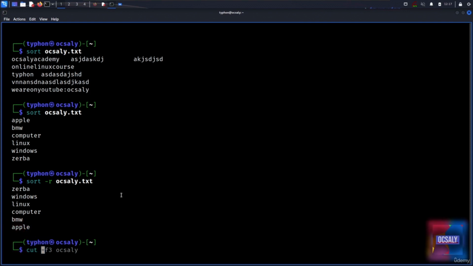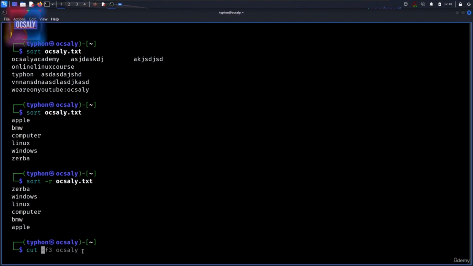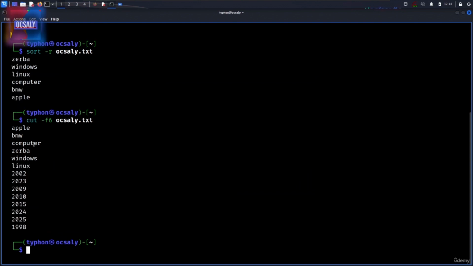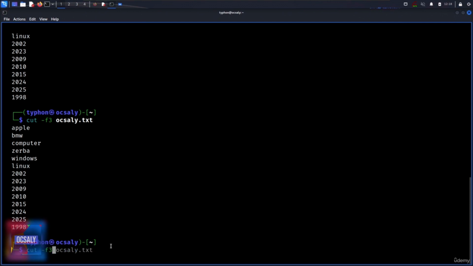So I will demonstrate this with the pipelines that cut the third field in the animals. So here, for example, in this case, I'm going to use cut -f6 on auxiliary.txt, and as you can see, we got this. So let's make it cut -f1, and as you can see, we got the same output here. So now we're going to use cut -f3